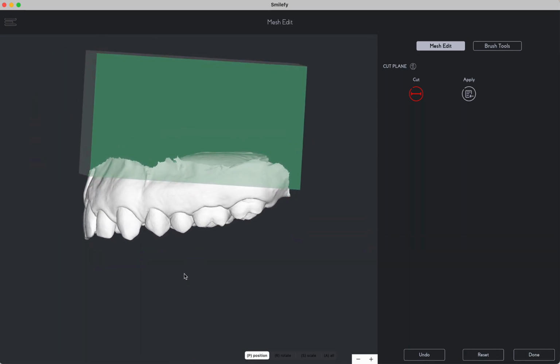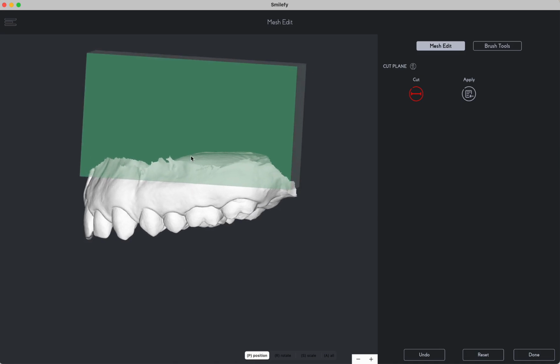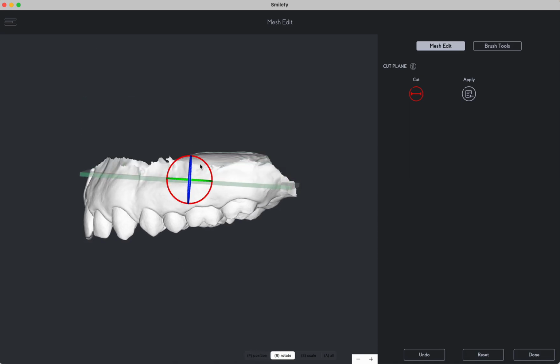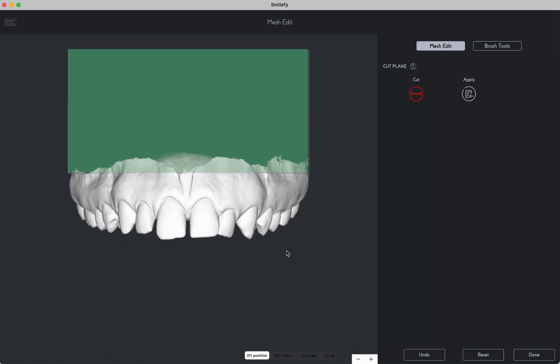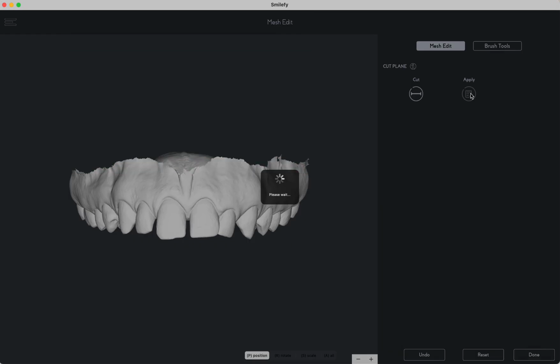We can see here if our plane is properly set, the cut plane. I can adjust the position of the plane, that's fine. So all this area is gonna be cut, and that's very important because I want as little data as possible, but a clean model. Also, when we close the mesh, then I have a clean edge of our mesh. Very important,